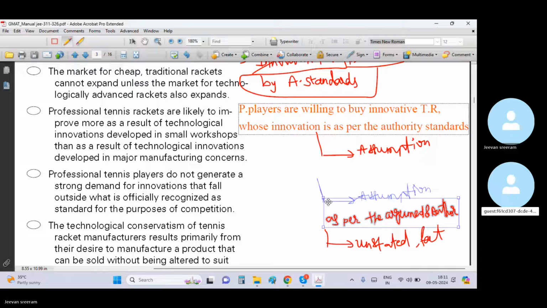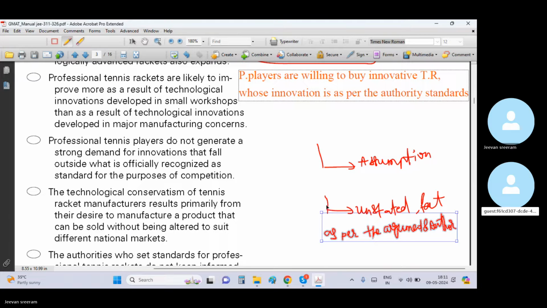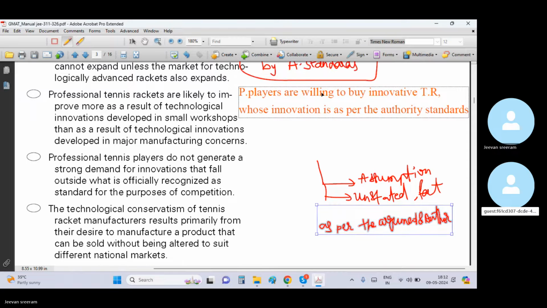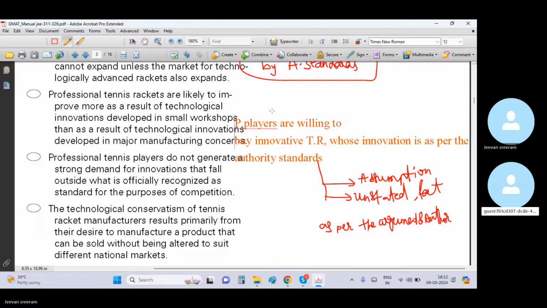Professional tennis rackets are likely to improve more as a result of technological innovations developed in small objects. Major manufacturing concerns do not generate a strong demand for innovations that fall outside what is sufficient for the purpose of competition. Technological conservatism of tennis racket manufacturers results primarily from the desire to manufacture